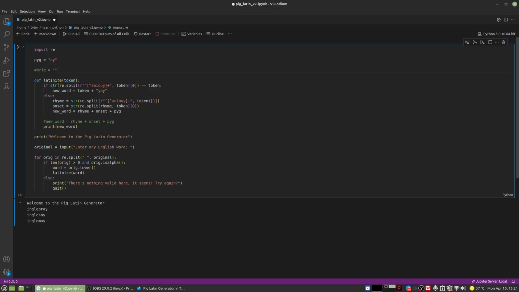So everything starts with this print, welcome to the Pig Latin generator, and then it prompts the user with an input called original, and it just says enter any English word. So the user enters a word, and immediately it starts to split things up. So for orig in splitting up by the spaces of the original input, if the length of each word in the input is greater than 0 and it's all alphanumeric, then set the new variable word to the lowercase version of orig, which is each word in the split of original,